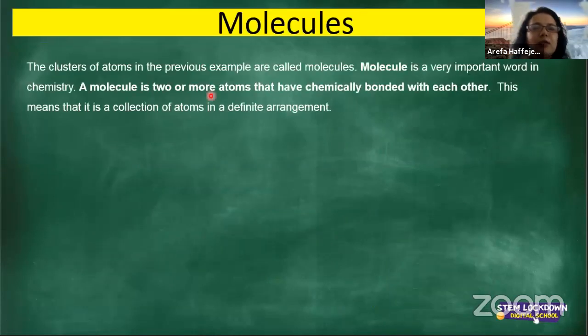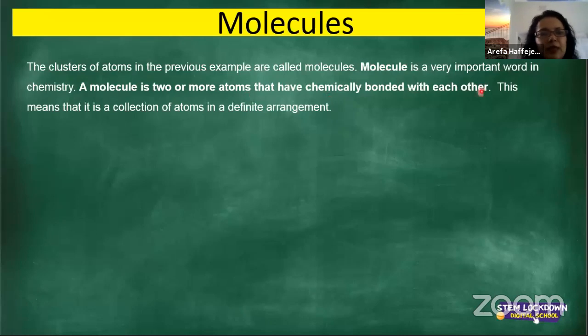Okay, so now I want to explain what molecules are. So basically, molecules are clusters of atoms in the previous example that we used. Molecule is a very important word in chemistry. A molecule is two or more atoms that have chemically bonded with each other. So basically, the definition of a molecule is two or more atoms that have chemically bonded with